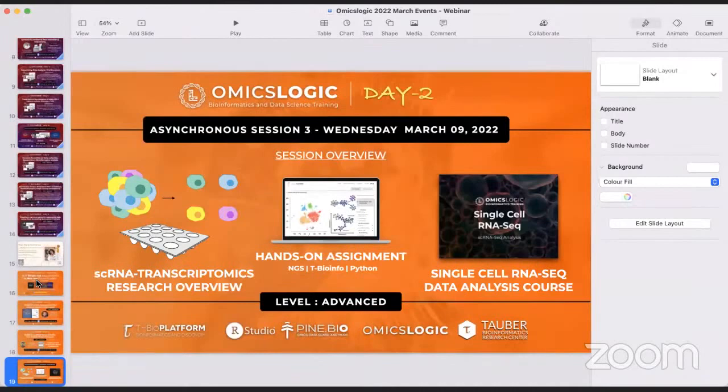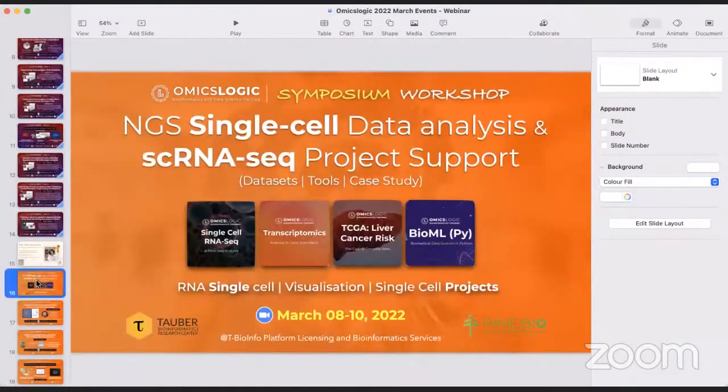Along with this, we will be providing you expert recorded video recording on day 2, where we will also be providing you the courses and tutorials that we covered, and the hands-on assignments on the T-Bioinfo platform that give you a real experience of completing some of the things that we discussed and that could be relevant to your research, or that's something that you could be hoping to do in the upcoming days in the future, as a postdoctoral fellow, or as a faculty.